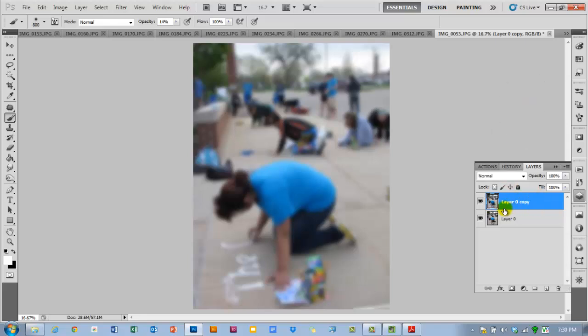And what we're going to do is mask out the bottom of this image so that this stays in focus and our background stays blurry. So to do that, just add a layer mask like you would before, and the layer mask button again is down at the bottom of the layer panel. So just click that little button. It's a circle inside a rectangle, and then we're going to paint with black and white using our brush here to mask out this area. So I'm going to paint on the bottom here,